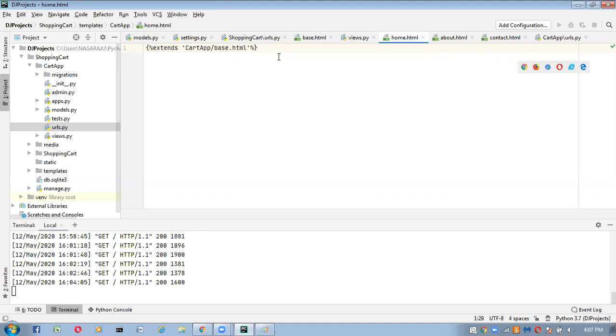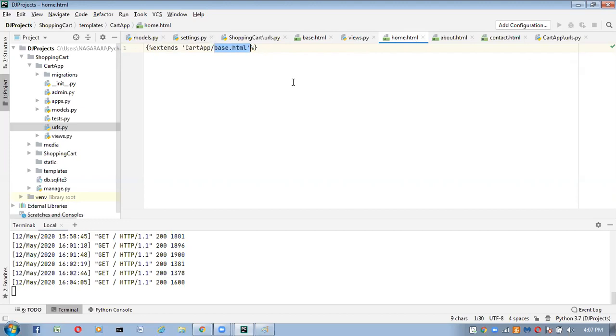Now this home.html file extends from this base.html. So now whatever code is inside this base.html file will be available inside this home.html file also.